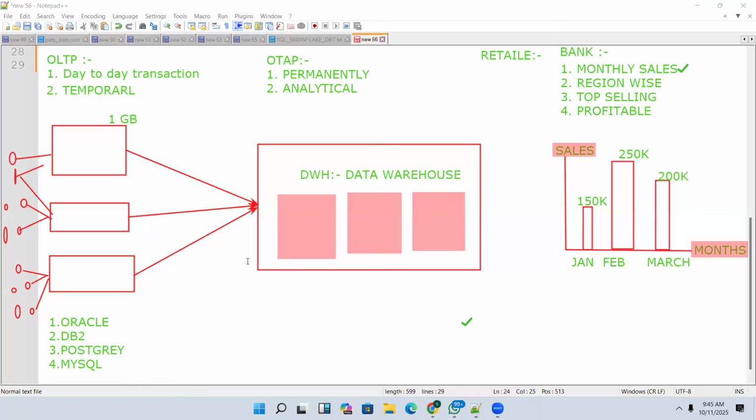Now coming to OLAP databases. See, guys, I'll explain in the next session. Previously they used on-premises. Now almost every database they use is cloud-based. There is Snowflake. Snowflake is also a database. Have you heard about Teradata? Teradata, Netezza. If you go to AWS also, AWS is also a cloud platform.